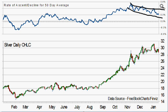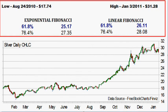It's also in a downtrend again also. So now what we'll do is we'll finish this off with some Fibonacci. Now the Fibonacci low from the breakout on August 24th was 17.74. And the high on January the 3rd was 31.28, just 12 cents short of that key Fibonacci level of